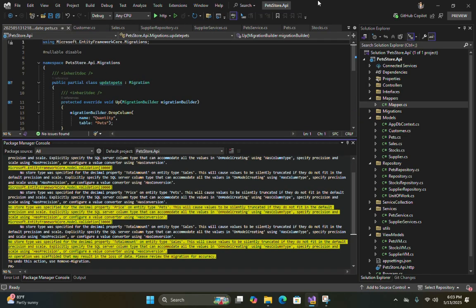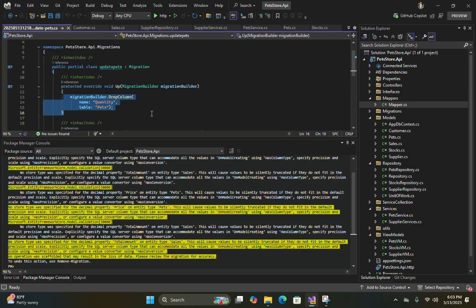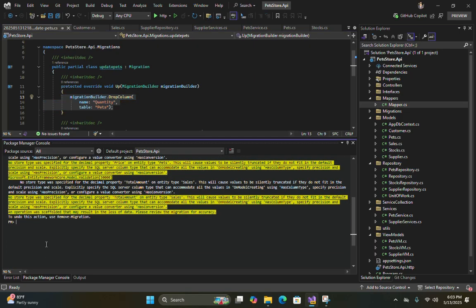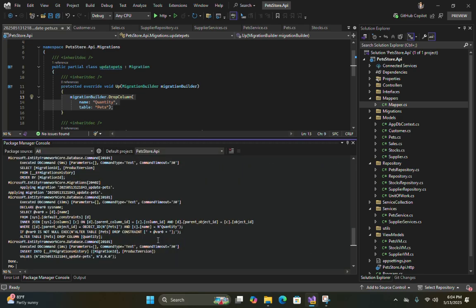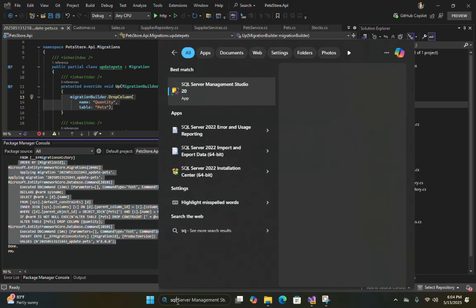What this migration did is it dropped the column quantity from the pets table. So let's update the database. Now the database is also updated. Let's check our database.